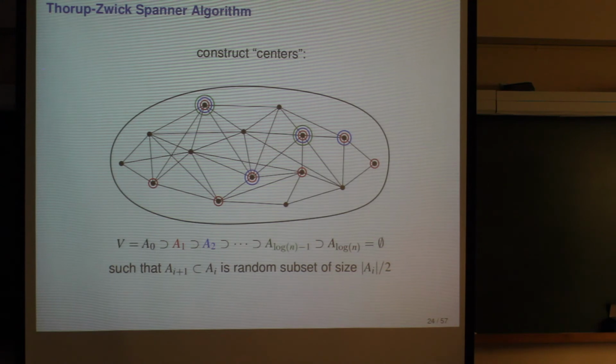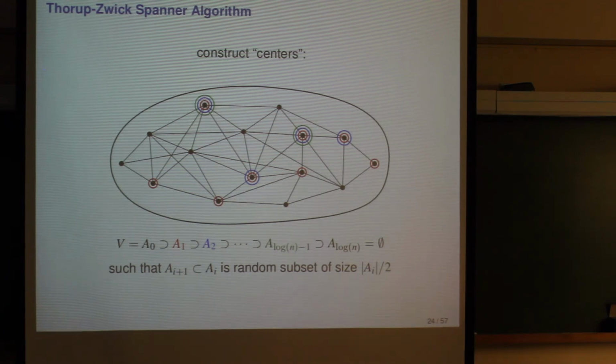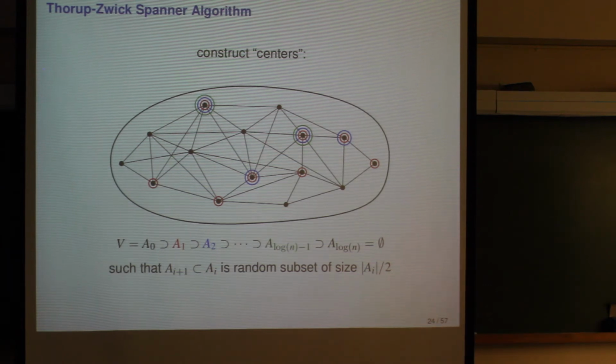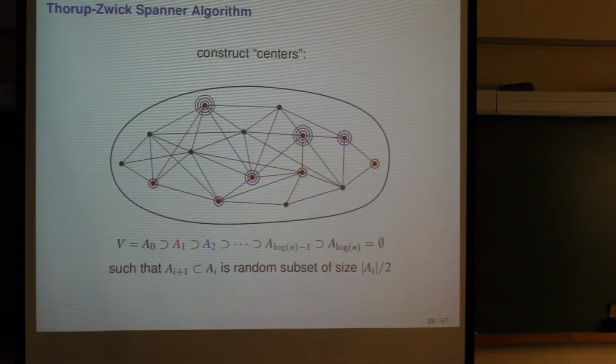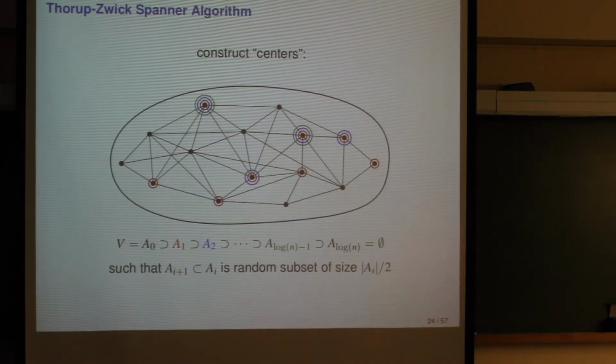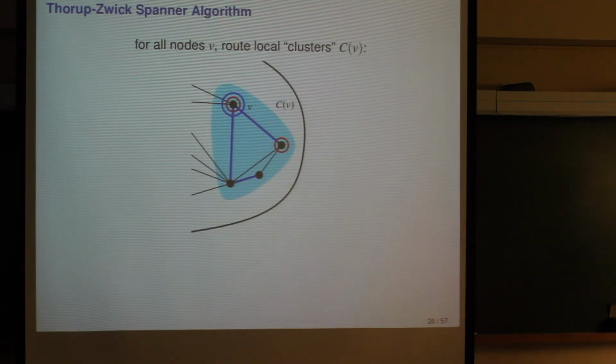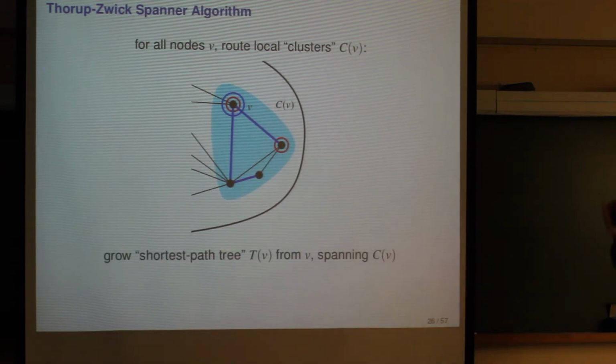And the idea is that you now want to sparsify the graph, or remove edges, while keeping approximately the distances. You want to find efficient routings of nodes along these. So this would be a very important hub, right? These spread out final nodes, and you'll find efficient hubs between all nodes. And you can ensure that for every node, looking at a local cluster, which you define, you want to route this local cluster, and for that you grow a shortest path tree. So what does that mean?